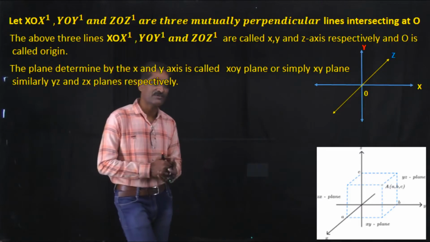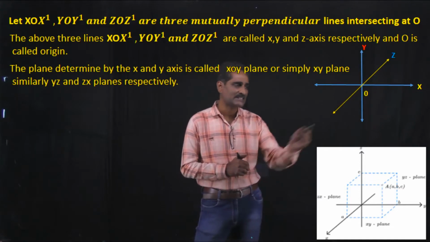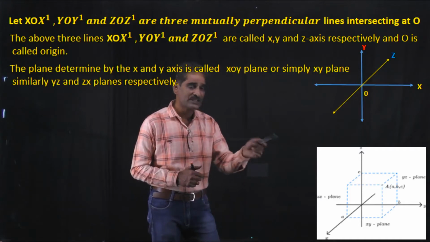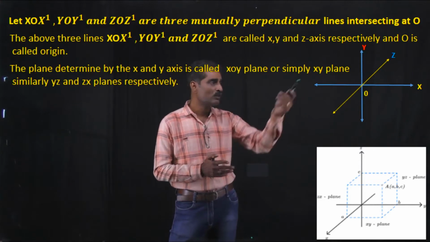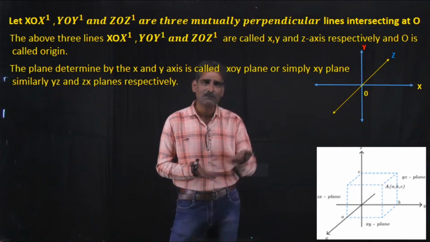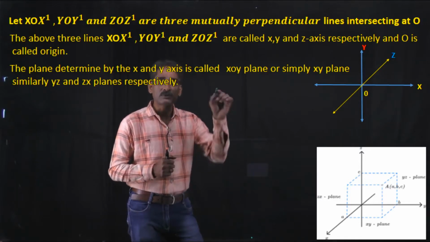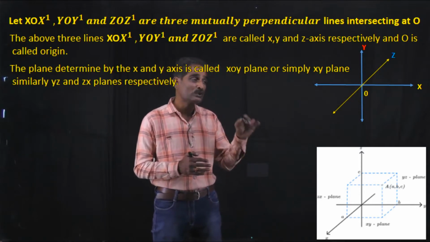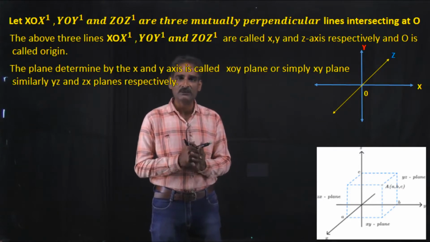Let us look at the second figure. Here these are the axes: x-axis, y-axis and z-axis. These three lines are intersecting at O. Observe these two figures. In both figures there are three axes which are mutually perpendicular. On paper or board we can draw just two perpendicular lines; the third line we have to imagine. That is the line which is perpendicular to the plane containing the x and y axes.